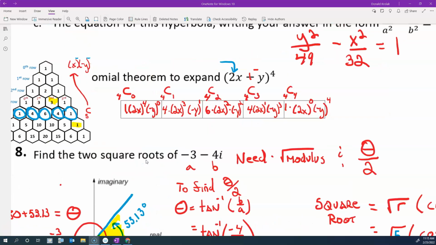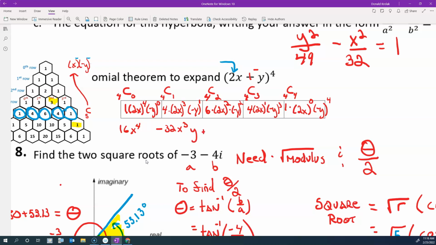All right, so the correction on this is now 2 to the 4th, 2 times 2 times 2 times 2. That's 16 x to the 4th, y to the 0 is just 1. This is going to be minus because of that negative. So negative 4 times 2 to the 3rd. So 2 times 2 times 2, 8, times 4, 32 x cubed y